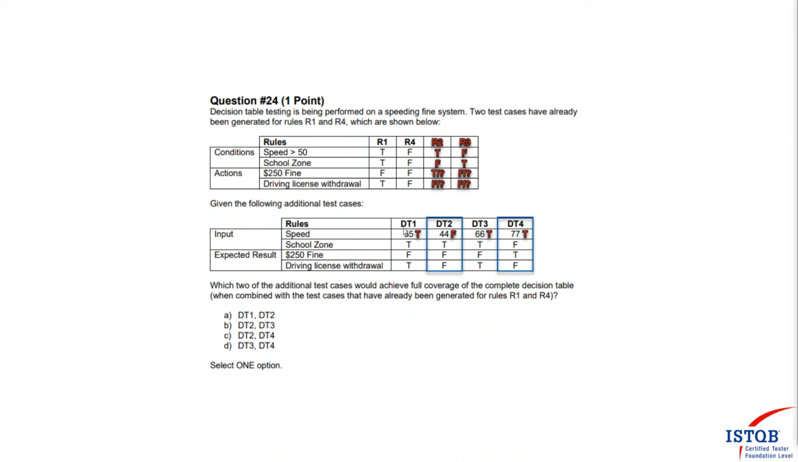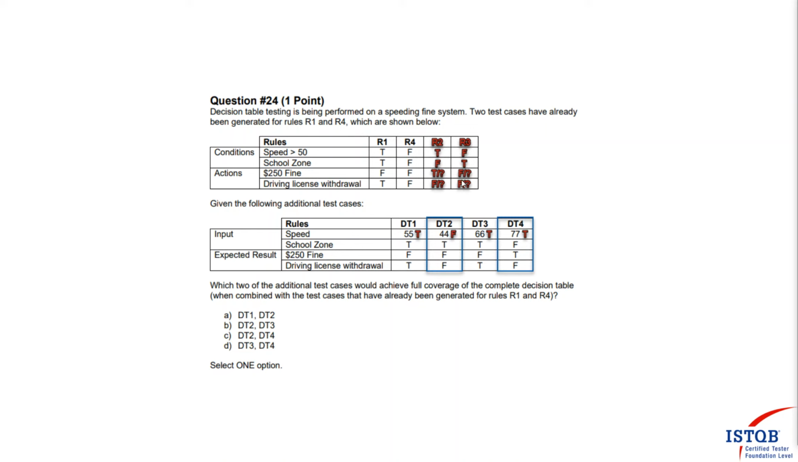DT1 scenario, where speed exceeds 50 km per hour is true and school zone is true. As we see, conditions are the same as in test case R1, which means that test case DT1 is useless. DT2 scenario, where speed exceeds 50 km per hour is false and school zone is true. This test case is mapped to our test case R3, which means that test case DT2 can be added to